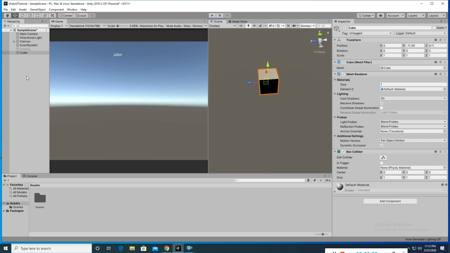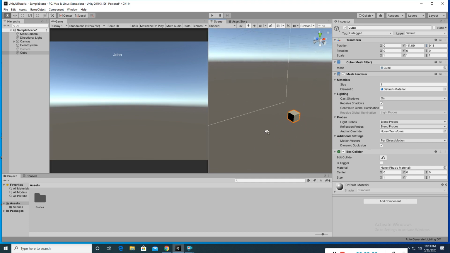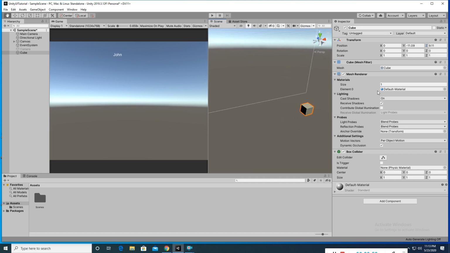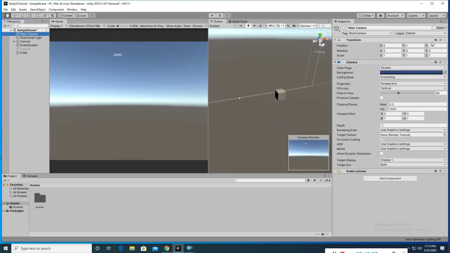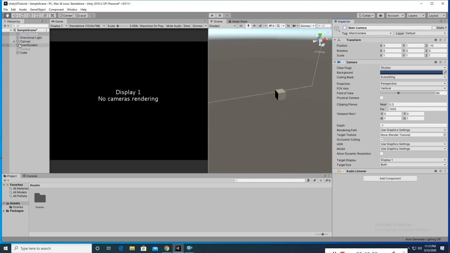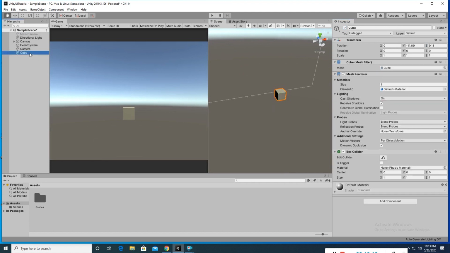If I want to show some UI on this cube, how can I do that? Unity has given a facility to me. I can show UI things on this game object also, no issue. I am enabling this camera. So how can I do that? I can create one more canvas for that.